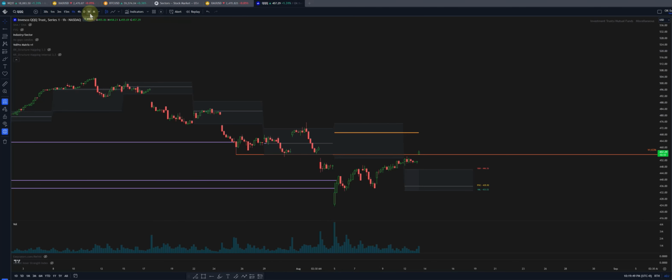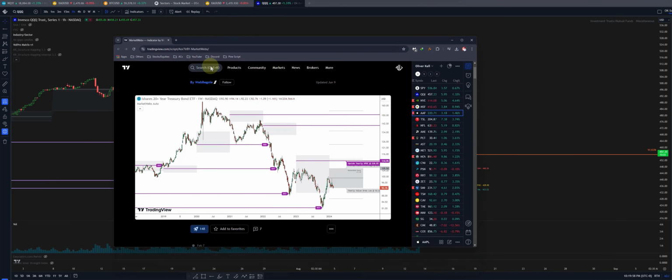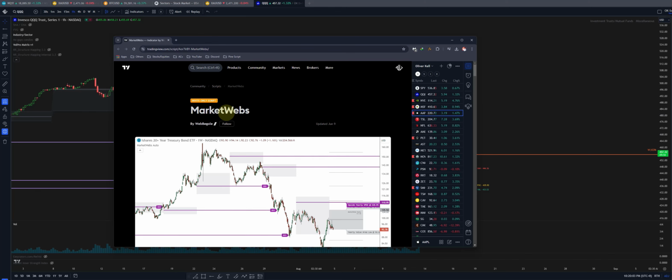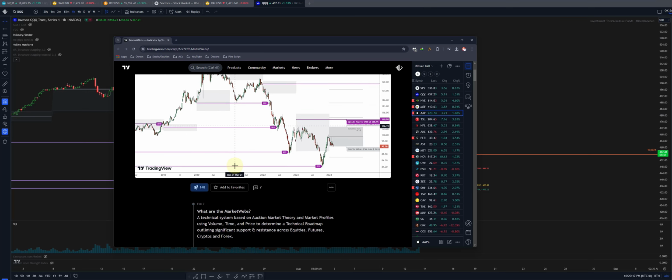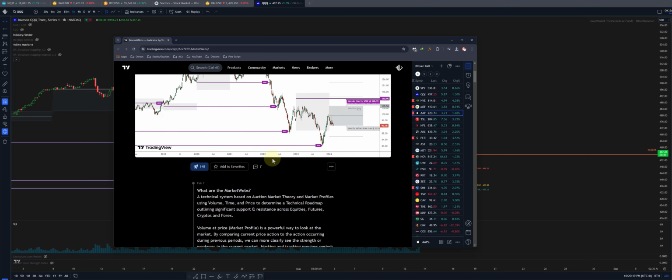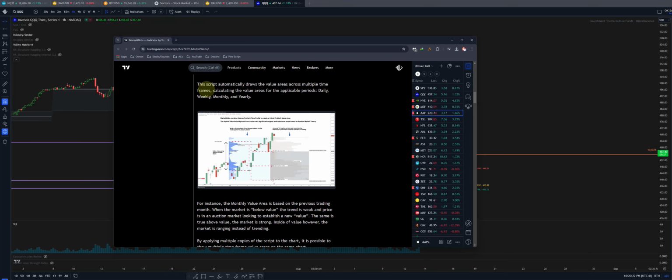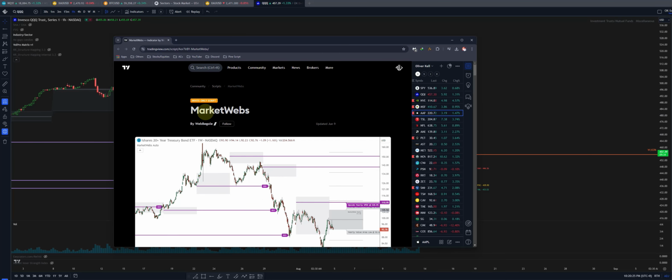So for example, first let me explain where this concept comes from. This concept I am inspired by Market Webs, and he is the original founder of this concept, and I have been using this concept for so long a time, so I decided to create my own. And in this case, you can check this one. You can go and search Market Webs, and you can check how they are working. Okay,